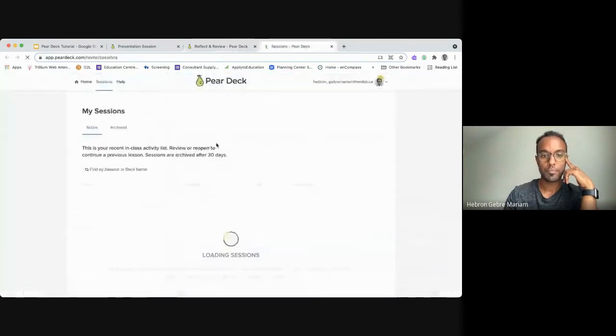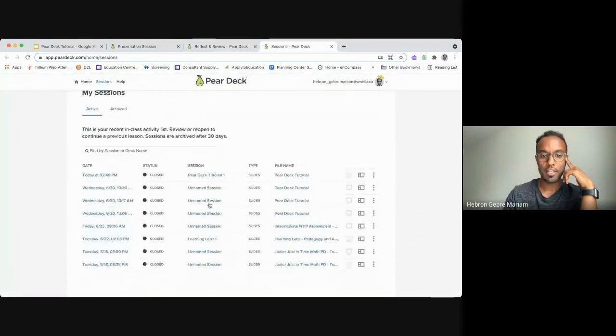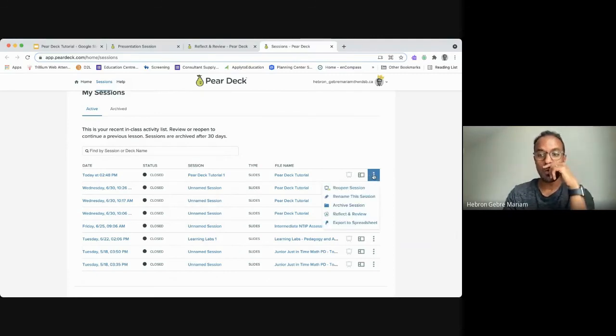There we go. So these are all the things I've done before. This is a Pear Deck tutorial. And then I can go in there and look at the dashboard view again, like I did when I was giving you feedback live. There's a few options. I can reopen it and restart it if I want to do it with another class. I can archive it. I can go back into the reflect and review to review each student's responses,